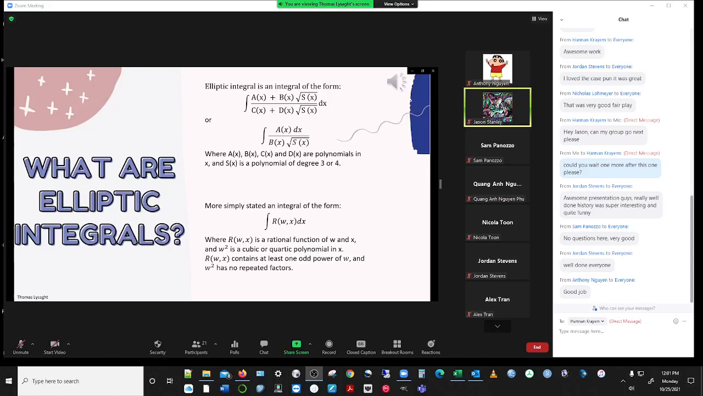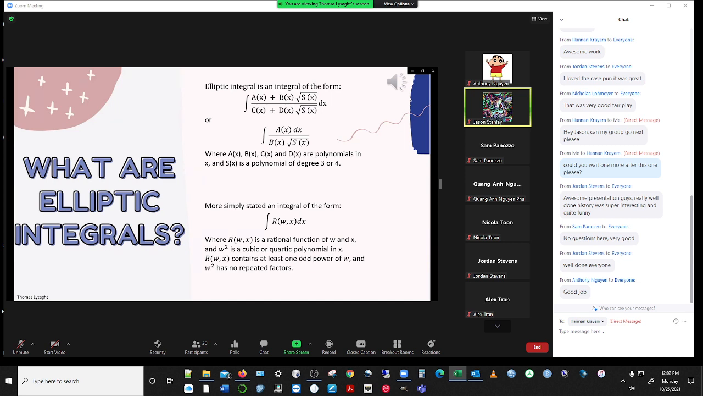times the square root of s of x over c of x plus d of x times the square root of s of x dx, or a of x dx over b of x square root of s of x, where a, b, c and d of x are polynomials in x and s of x is a polynomial of degree 3 or 4. More simply stated, an integral of the form r of w and x dx, where r